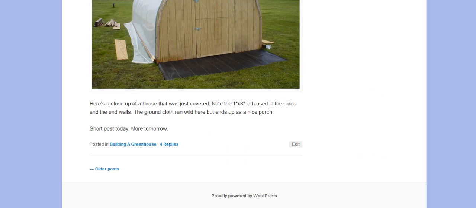And if there are more than are showing up, you can go to older posts, and it will go to the